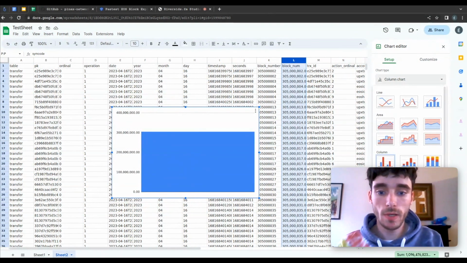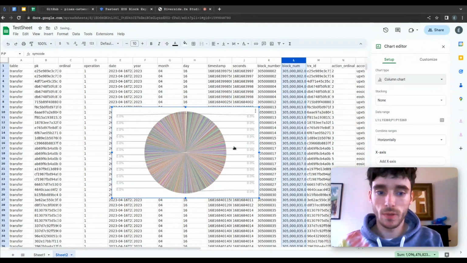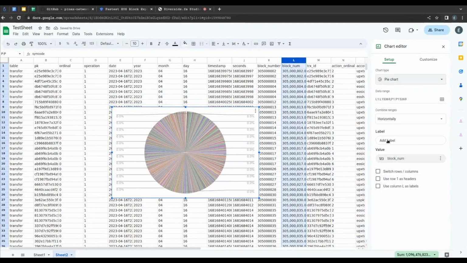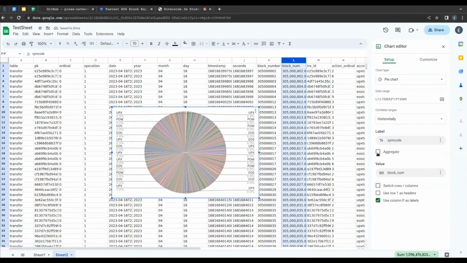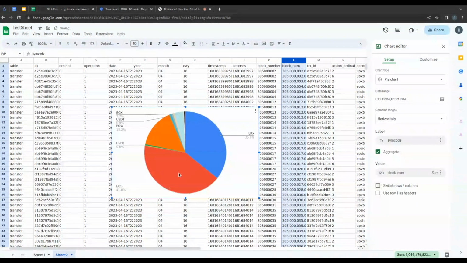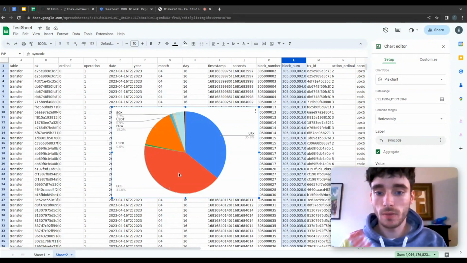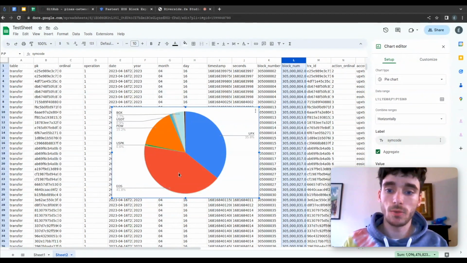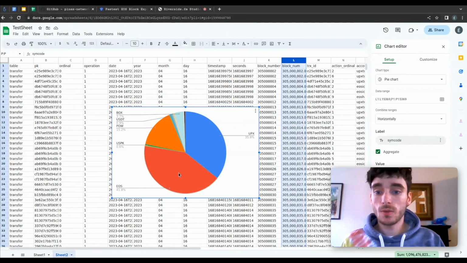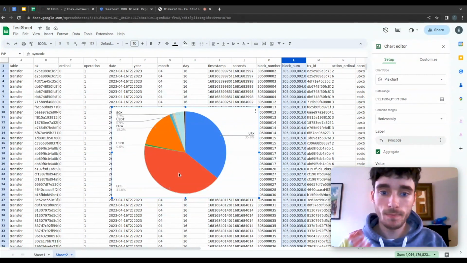So if I go and make a pie chart, we see a bunch of nonsense here, but once the labels are added, if I select my SIM code as label, and I'm going to say aggregate, I can see that for the 1,000 blocks we just extracted, about 41% are about EOS tokens, 35% about UPX, etc. And so that's a very quick way to generate insights.